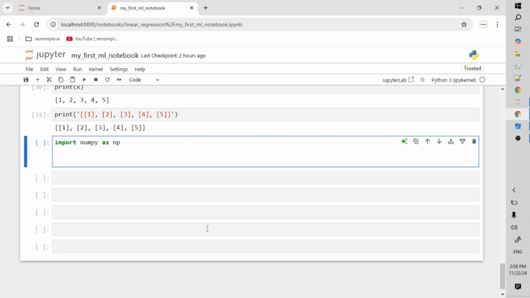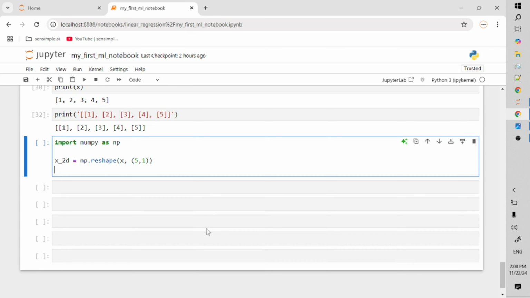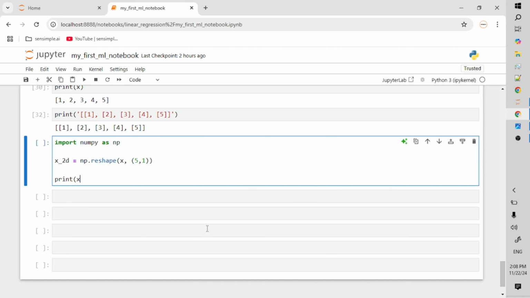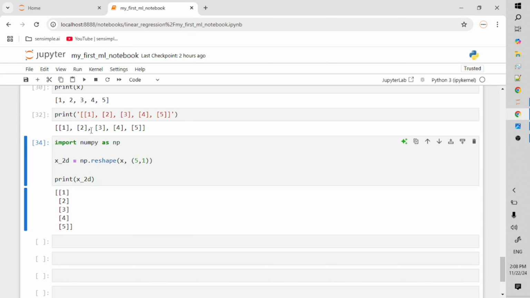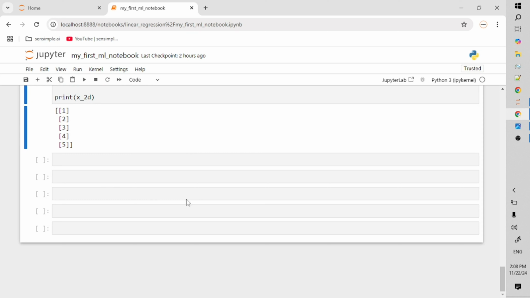So let's call the variable x_2d. x_2d is equal to np.reshape of x, and our reshape will have a total of 5 values and it should be a 1D array. Let's see if it works or not. Let me print x_2d. All right, so this is in the format of a list of lists,